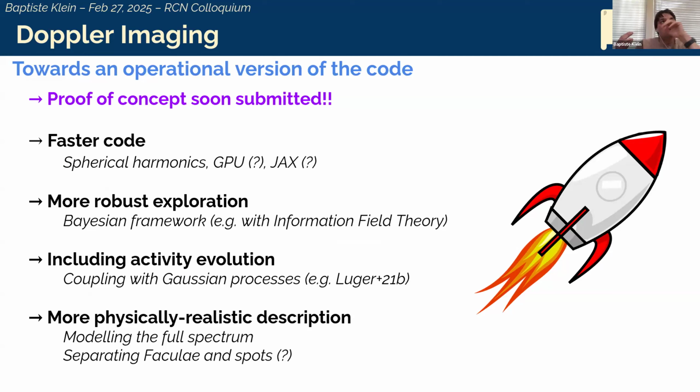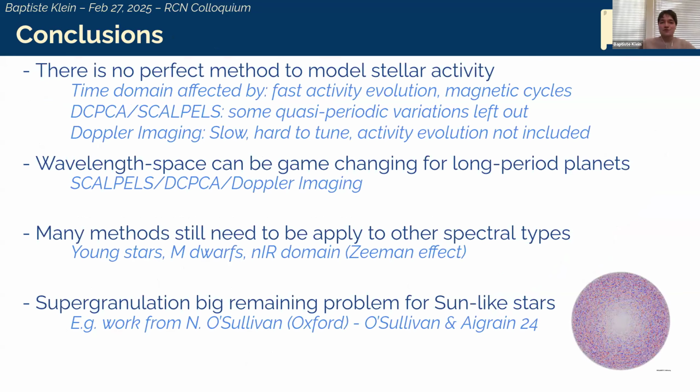Typically, rather than modeling the brightness, modeling the velocity field would be interesting. And that's my conclusion of this talk. I would say there is no perfect method to model stellar activity, but what we know is that our methods are now very complementary. And the most complementary part is, are you able to model the long time cycle-induced variations or the quasi-periodic variations